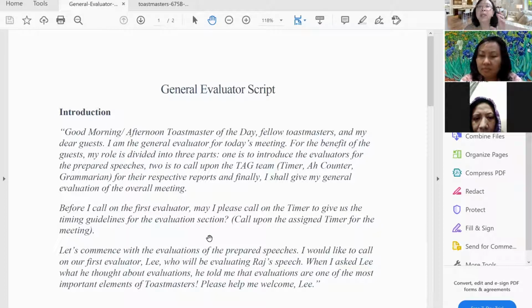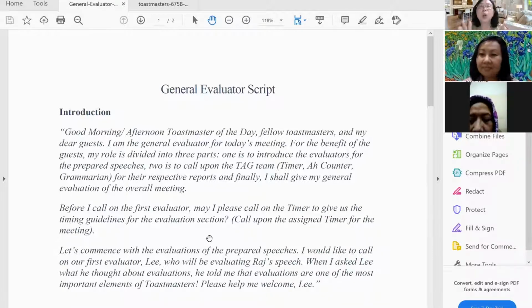But in general, for the speech itself, if there's really nothing you need to comment on, it's okay if you don't give any comment. Being a general evaluator benefits us, because it means that we have to know everything. So you have to be experienced. As a general evaluator, we practice our critical thinking, our organization, and leadership as well, because we have a team. And also our listening skill. Yes, listening skill, because we need to listen and to see.